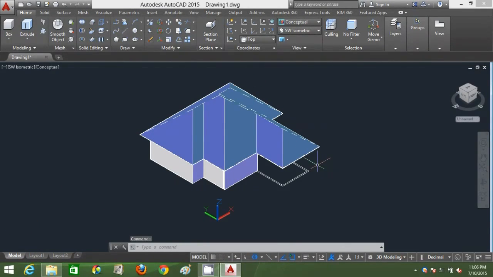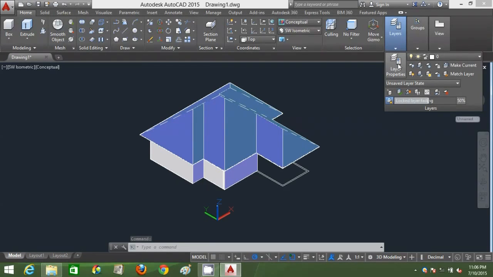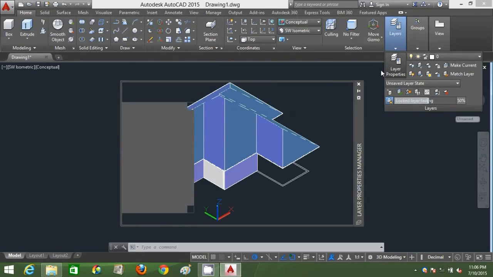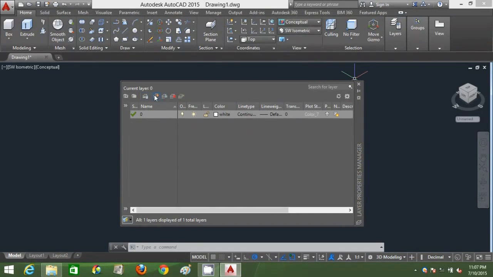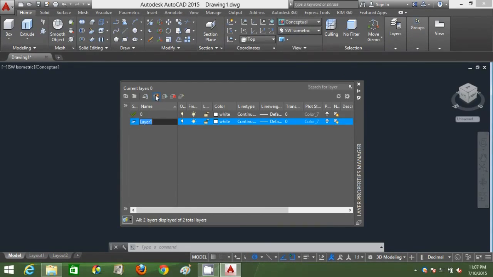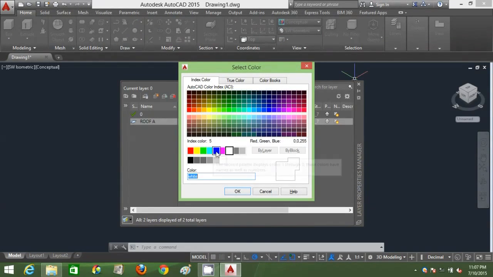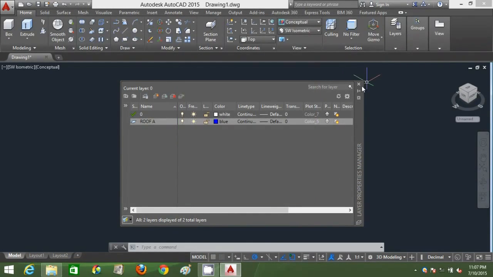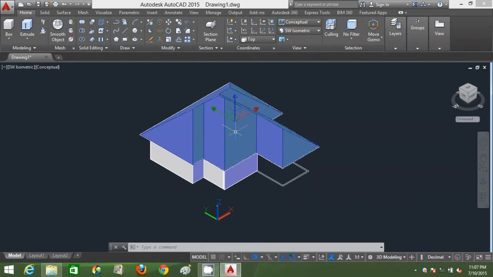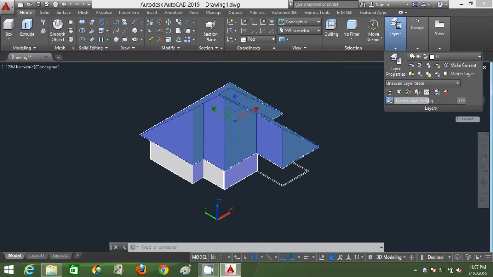Right, so I've sliced and deleted that, and I'm gonna click on layer properties here to transfer my rooftop to its own layer. Alright, so I can shut it off for a while doing other elements of my 3D house. So I'm just gonna create a new layer. I'm gonna name that new layer Roof A and color the layer blue. Click OK. Click close. Select the rooftop and open up my layer, select it and transfer it to Roof A,